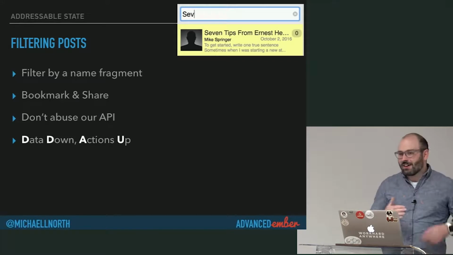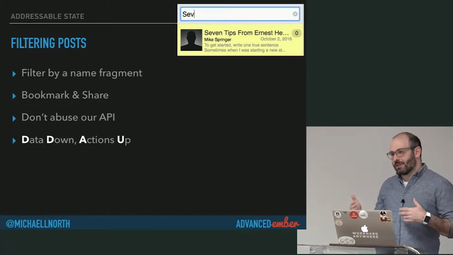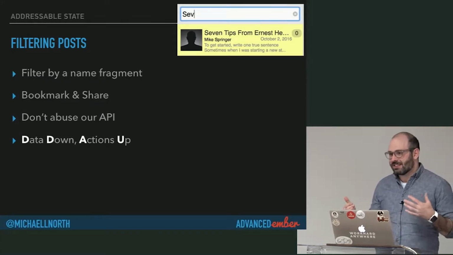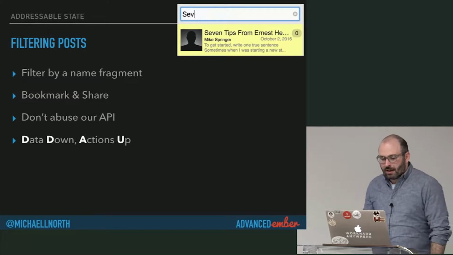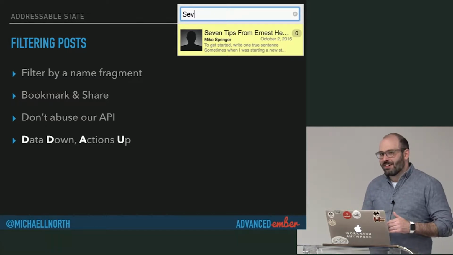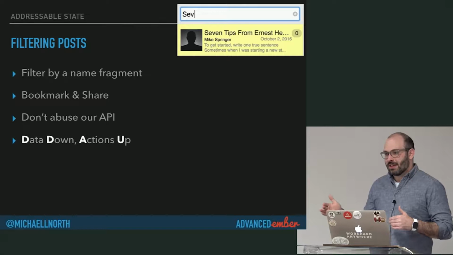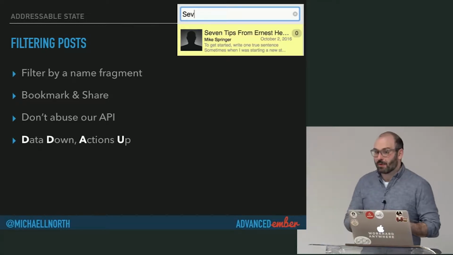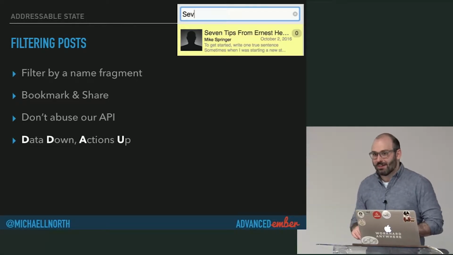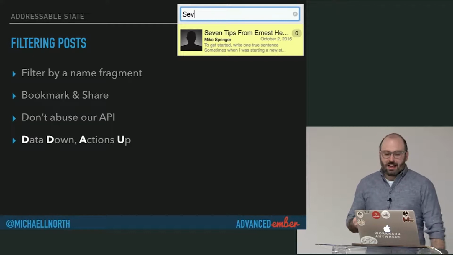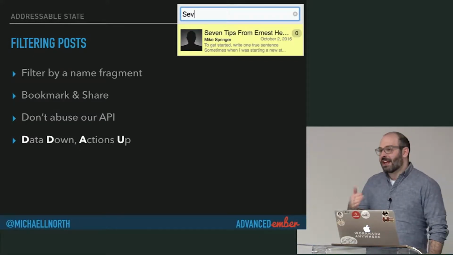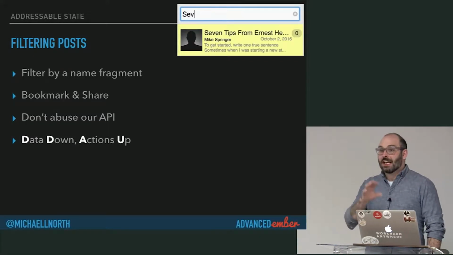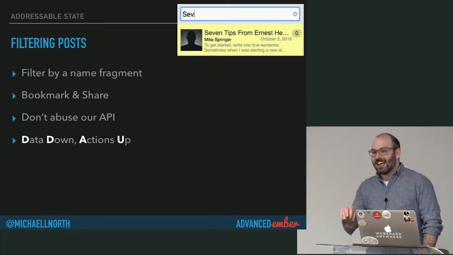So I'm going to walk us through the strategy I'd like everyone to take as they enhance the app that they've been working on, so that we have a clear idea of the right way to do this. Because there are some serious wrong ways, and I've touched on some of them already, where you abuse the history stack. But I'm going to advocate for a particular approach here that adheres to this principle of data down,